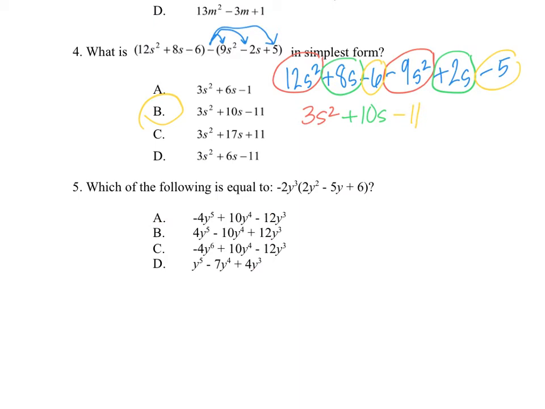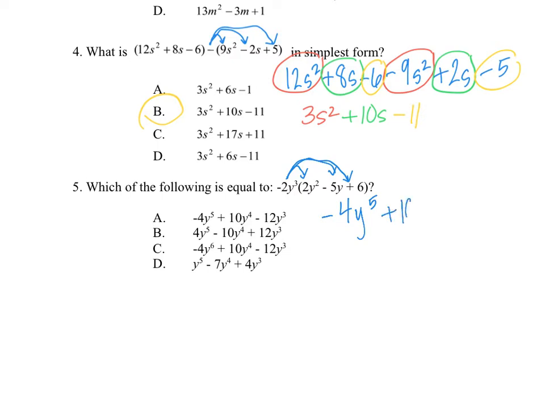Okay, so now we are at the last question on the front page. And so what we need to do is distribute this term that is outside of the parentheses to each term inside of the parentheses. So we're going to multiply the coefficients, and then if we're multiplying variables with exponents, then we add the exponents. So what you should get is negative 4y to the 5th